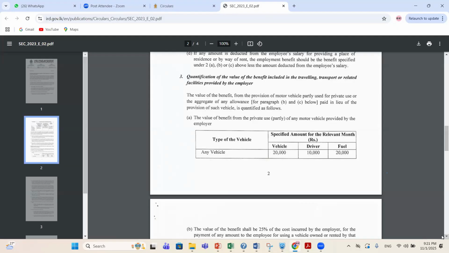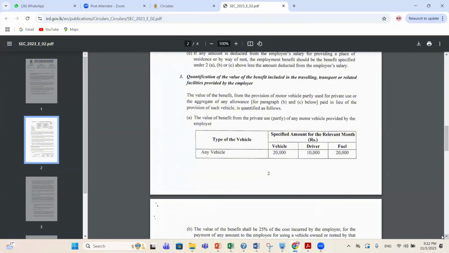It says not only the motor vehicle but also the allowance paid in lieu. We'll see what paragraphs B and C say.